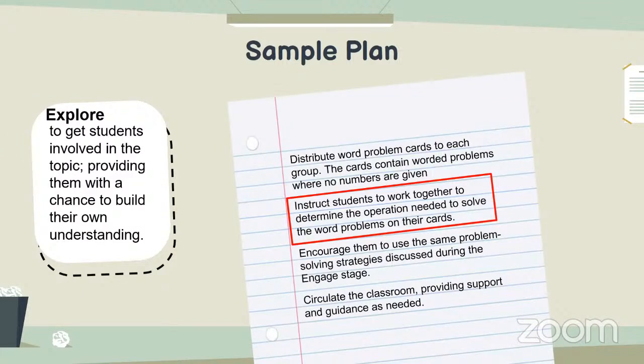This is where the prompt comes in from the teacher, where we're going to encourage them to look back at their experience from the engagement to see if there's anything that they did and picked up on that would allow them to know when they would use a particular operation. And once that is being done, the teacher will just move around, ask certain questions, watch the groups and ensure that they stay on task. Now, once the students are through